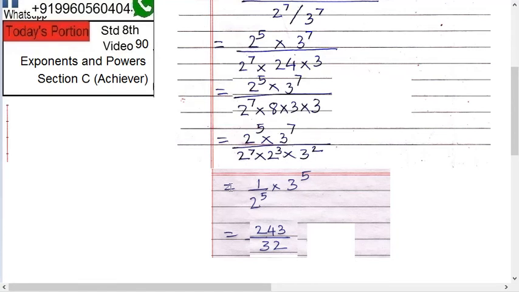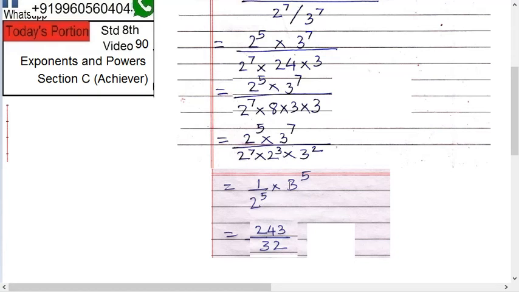Okay. Next. So now club all 2s and 3s. So what remains? 3 raised to 7 above, 3 raised to 2 below. So 3 goes up. It becomes 3 raised to 7 minus 2, that is 5. 2 raised to 5 above and 2 raised to 10 below. How come 10? 2 raised to 7 into 2 raised to 3. So bases same, indices can be added. 7 plus 3, 10. So 2 raised to 5 above, 2 raised to 10 below. So bring this 5 below. It becomes 10 minus 5. So 2 raised to 5.